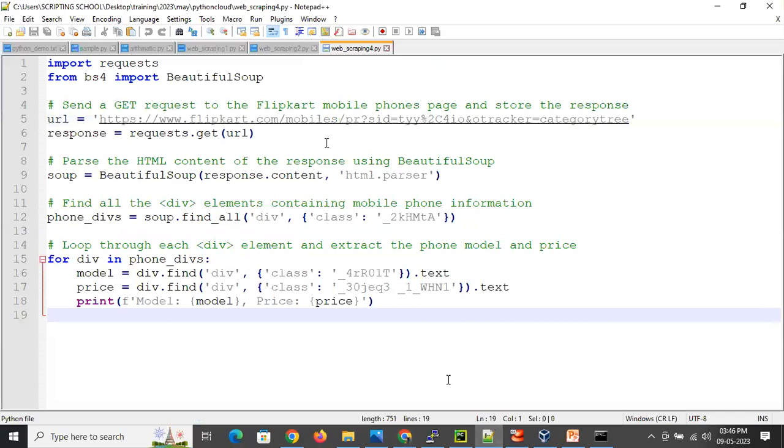Now, if you check here, we are using the same modules, BeautifulSoup and requests, which we already discussed. And what is the URL? To get the response from the URL, we are using requests.get. This creates one variable, response. And then BeautifulSoup we are using to parse the HTML. We know that if you open this website here,